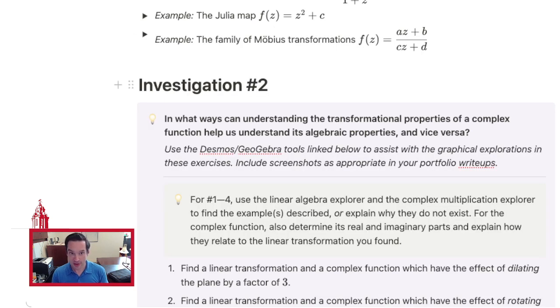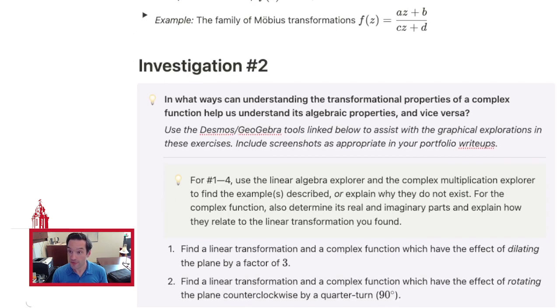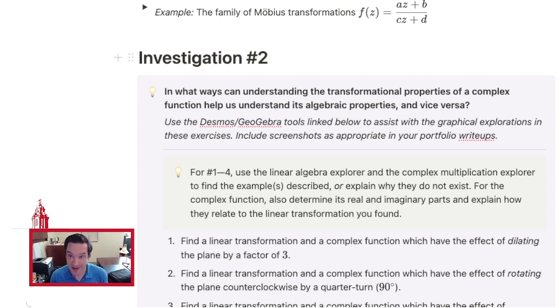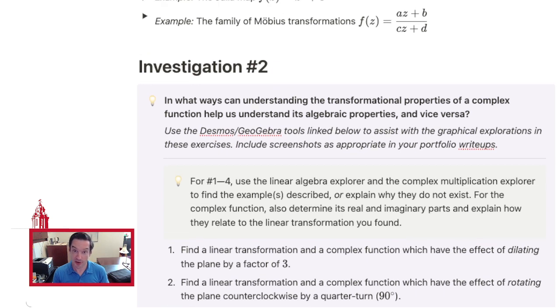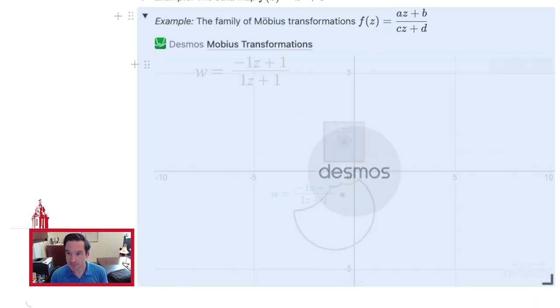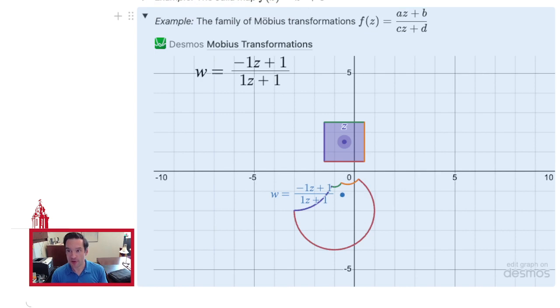And the second family of transformations I want to talk briefly about, but there is so much more to say about them, are called the Möbius transformations. Sometimes these are referred to as linear fractional transformations because they are nothing more algebraically than the ratio of one linear function of z to another linear function of z. And depending on